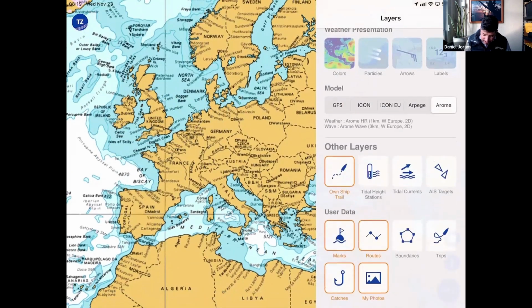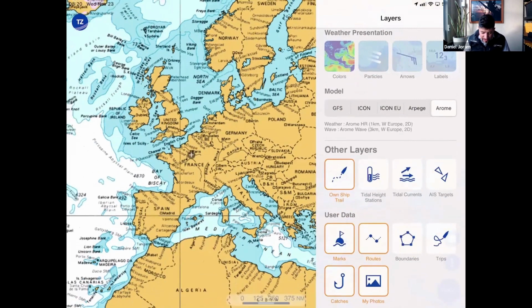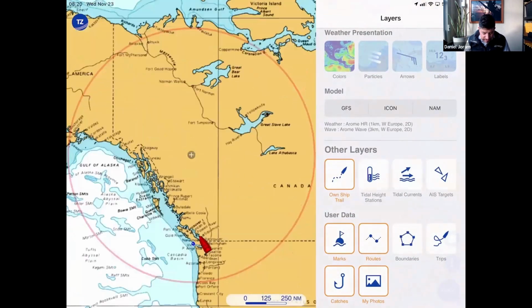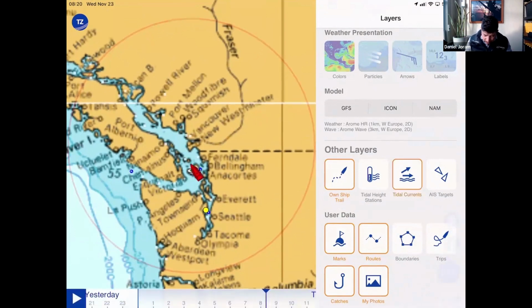Next down the list is going to be a couple of things. So we'll look at ownership trail. That's our always recording track. We can turn tracks on and off, but we also have this great trail feature that shows you where you've been. There's a question in the comments about looking at tide and current information going forward. If I click on show tidal currents,